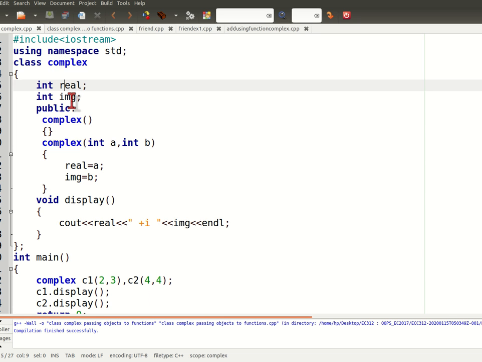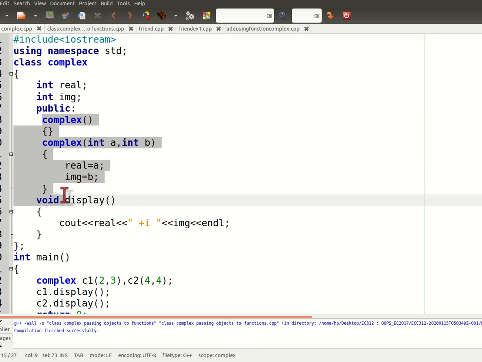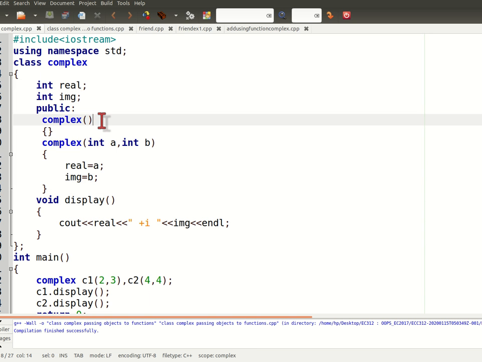So we have created one integer real part and one imaginary part, and there are two constructors. One is a default constructor, and one is a parameterized constructor.